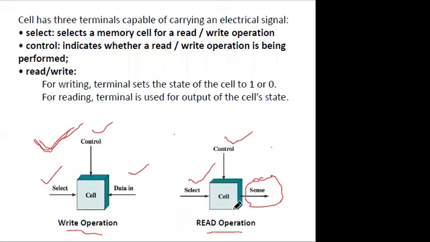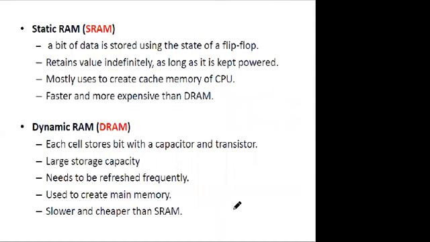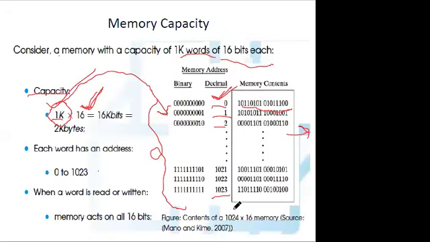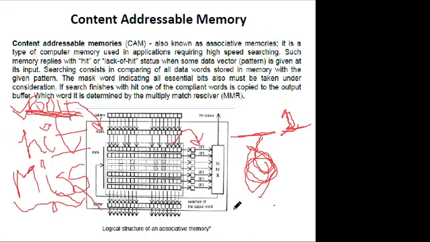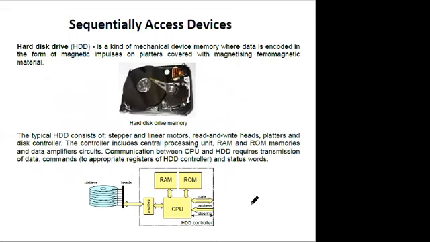Till now, whatever memory types we have discussed, whether ROM, RAM, or any kind of memory, RAMs were random access memories. Why were they random access memories? Because we can randomly access any cell required in the circuitry of a static RAM or dynamic RAM. You can randomly access any address. But in these kinds of memories, we access data by following a sequence, and hence they are known as sequential access devices.